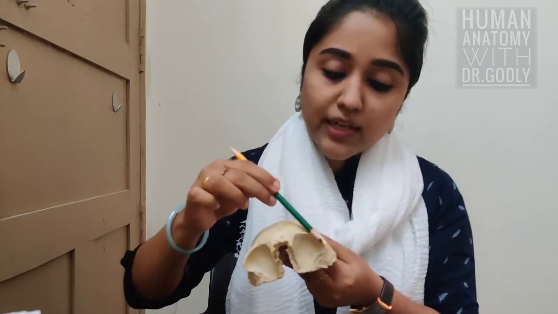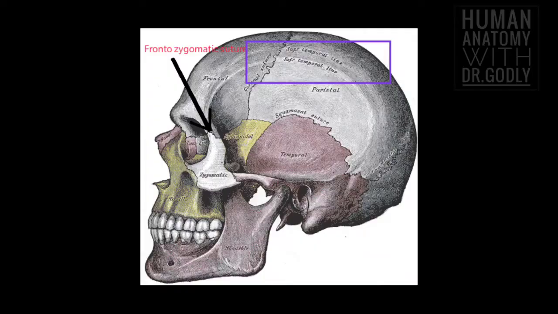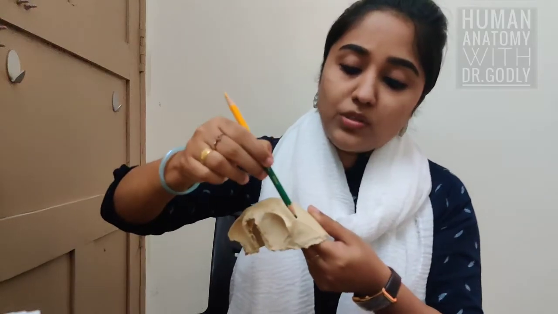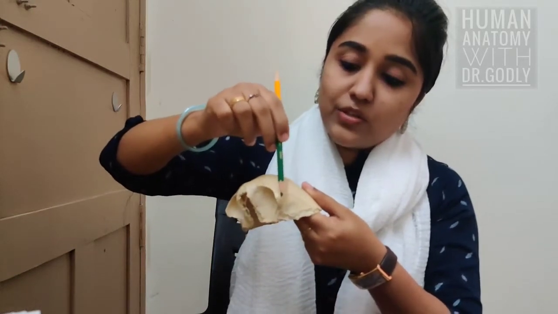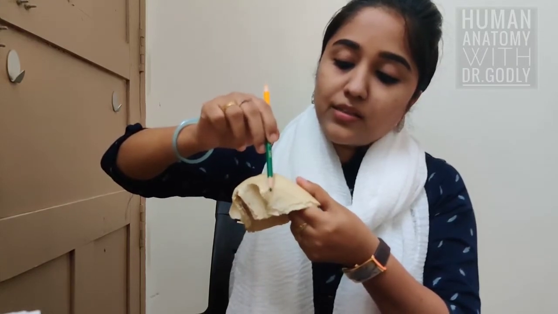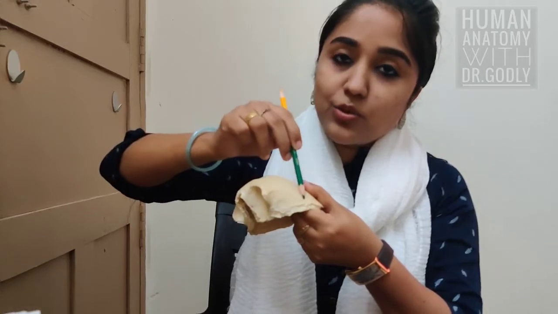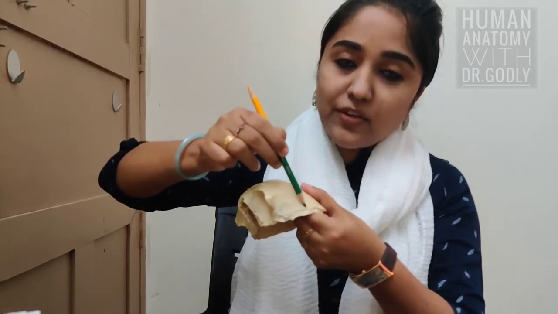The supraorbital margin extends laterally, and its tip articulates with the frontal process of the zygomatic bone to form the frontozygomatic suture. From the posterior surface of the frontozygomatic suture, or the frontal process of the zygomatic bone, a line passes backwards and upwards. This is known as the temporal line, and it splits into two, forming the superior and inferior temporal lines, which extend towards the parietal bone.